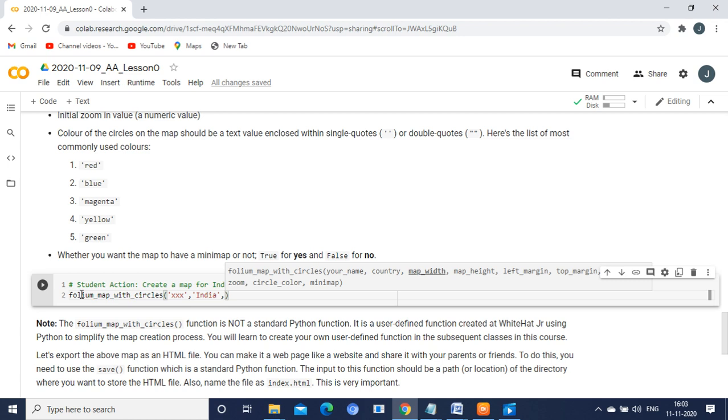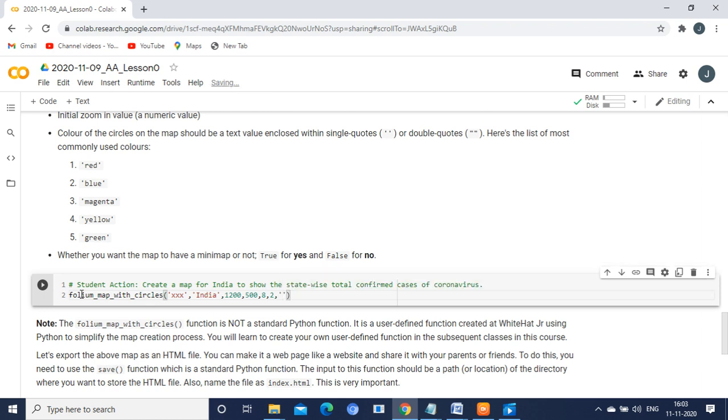The next parameter is the width of the map. I am giving 1200 as a value, since that has been mentioned in the PDF, same values I am using. Next, you need to give the height. Height is 500, the value I am giving. After giving the height, you need to mention left margin as well as top margin. Left margin is, say for example, 8, and the other margin I am giving 2.